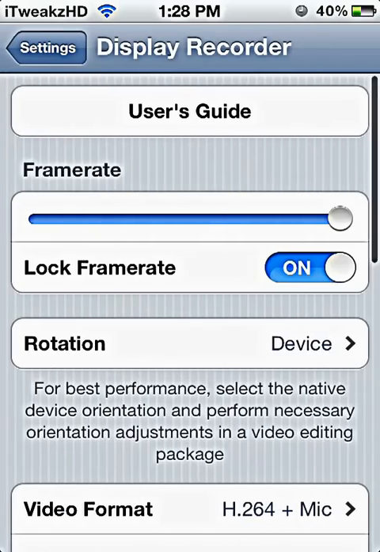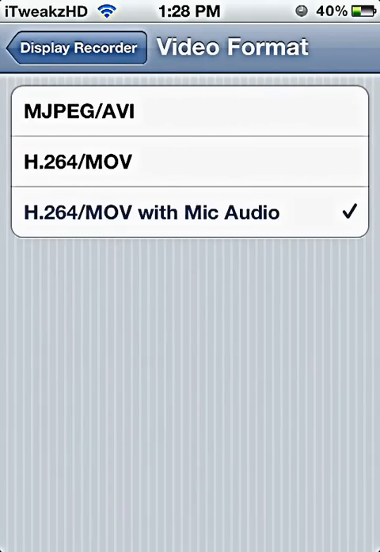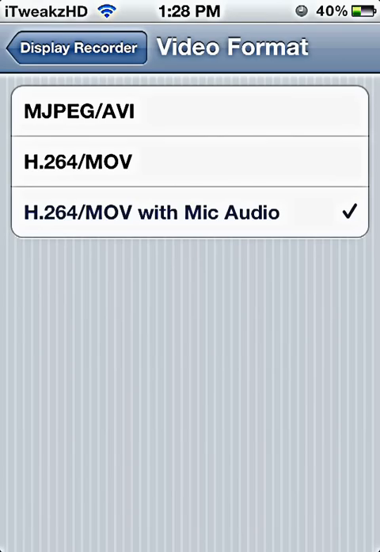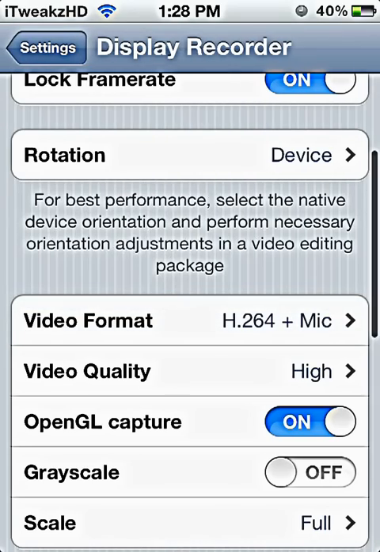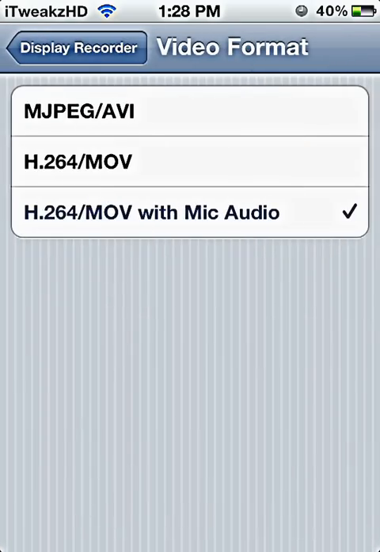With Display Recorder, you pretty much just record your display. I'm pretty sure this is in the new version: you can start recording with your microphone audio. Before I started using this, there was a lower version of this. I don't remember seeing this setting. It was only the